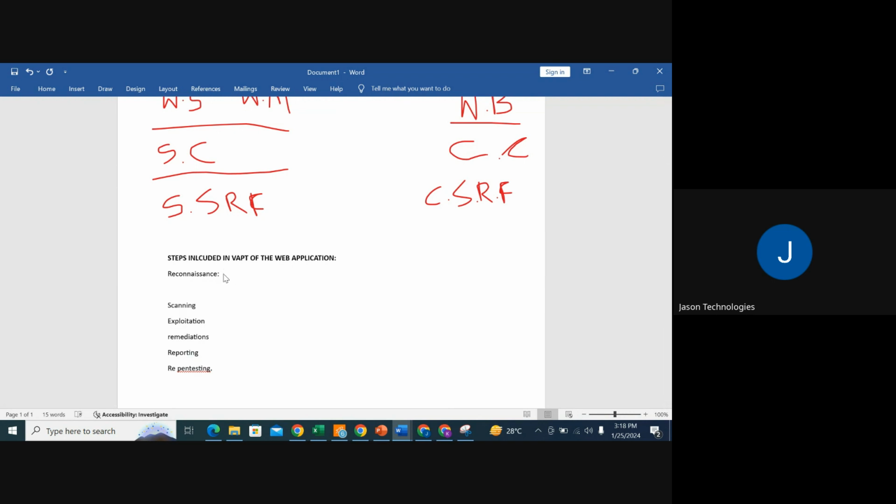So that's called the reconnaissance methodology. So talking about it as a reconnaissance method, coming to the VAPT engineering, it is the